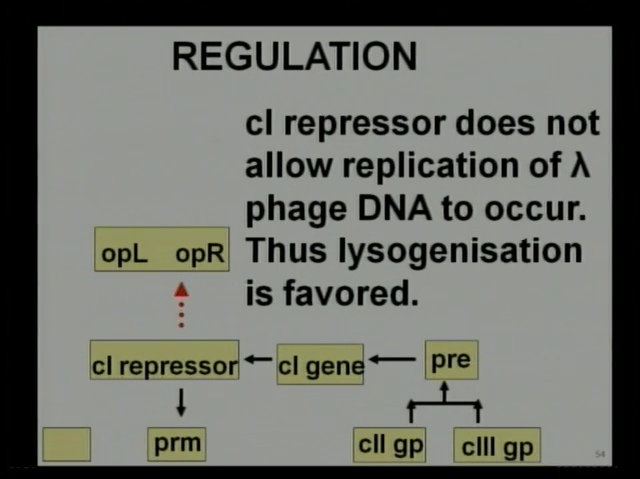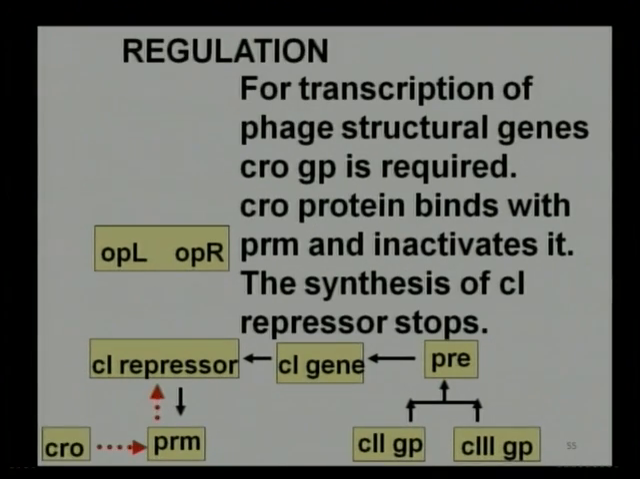Now, once this lysogenization is induced by some UV rays, there comes the role of the second important molecule, CRO. Now, for the transcription of the phage structural genes, the CRO gene product is required. GP stands for gene product. So this CRO protein, it binds with the